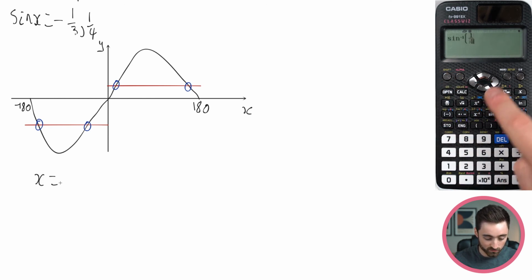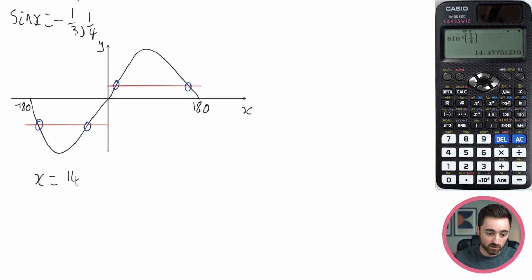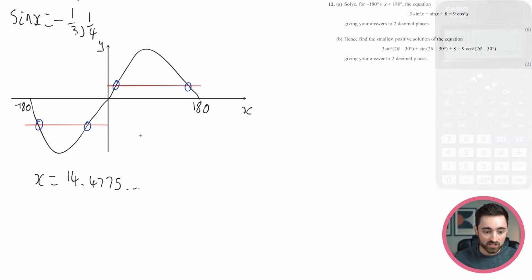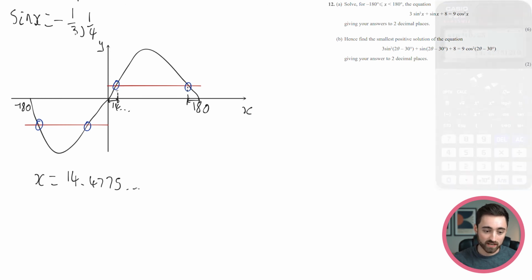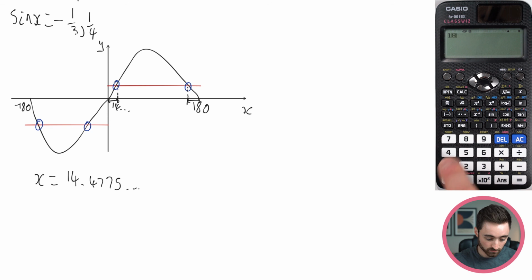Inverse sine of 1 over 4 gets me 14.4775, a few more. So that's going to be this, isn't it? The 14... So I'm going to use the symmetries of the graph now. So if this distance here is 14, then by the symmetries of the graph, so is this distance here. In other words, if I was to do 180 minus that 14, I'd get my other solution. So if I just do 180 minus ans in my calculator, I'm going to get